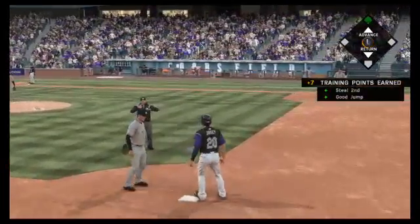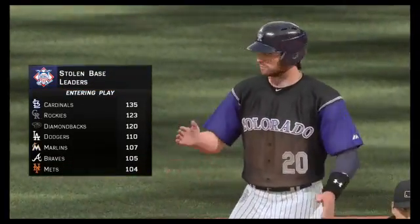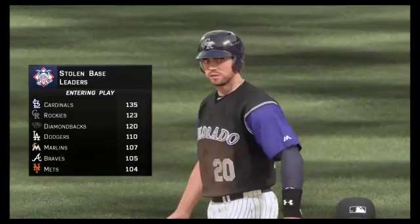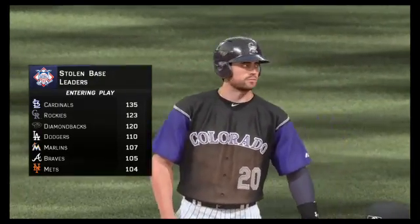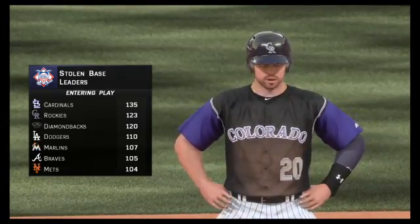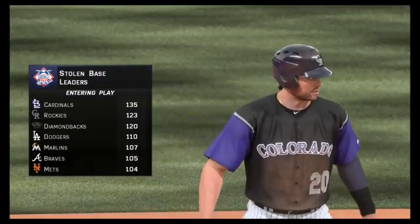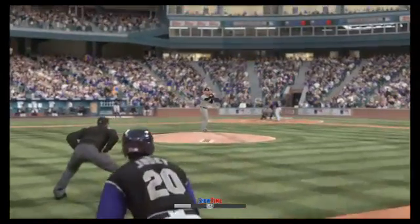Not in time. He's in there at second. So he's in safely there following the 1-out steal of second. And with that, we take you to our team leaderboard to display the clubs with the most stolen bases so far this year. Yeah, Matt. There are the numbers right there. And as of now, they stand tied for second in that category. They've definitely got some wheels in this lineup. If you don't keep these guys...